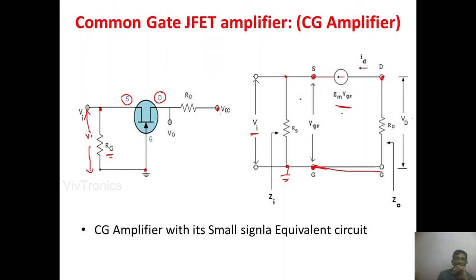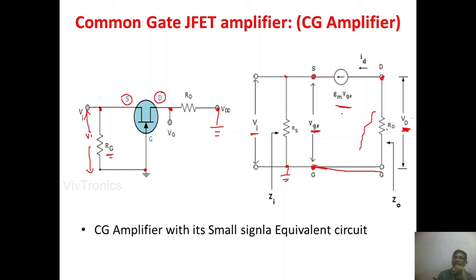Okay, and the voltage across the source and gate terminals was mentioned as VGS here, and the drain resistor RD, which was connected between the drain terminal to the ground terminal. So why is it ground? Because actually it is VDD. For AC analysis we will join all the DC sources to the ground, therefore the RD was connected between the drain terminal to the ground terminal. So from the drain terminal to ground I have given RD resistance, and the voltage across the RD resistance is nothing but VD. Okay, VDG, actually that is nothing but the output voltage.